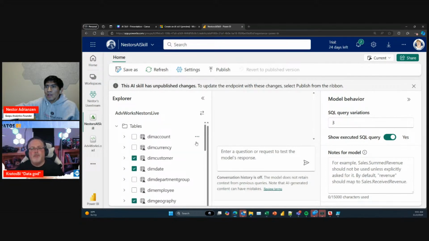So first things first, I create my lakehouse. I go in and find which tables inside there I'm going to be training my AI skill on. Nestor, any questions so far? Does this make sense? Yes, we are good, I think. I haven't seen questions from the audience yet. If people have questions, feel free to ask. I'm happy to jump in and answer those questions. Is this hard? Have I done anything that you're like, oh no, Chris, this is super difficult, I couldn't do that?